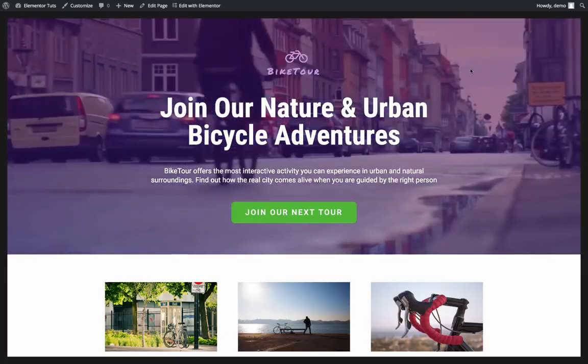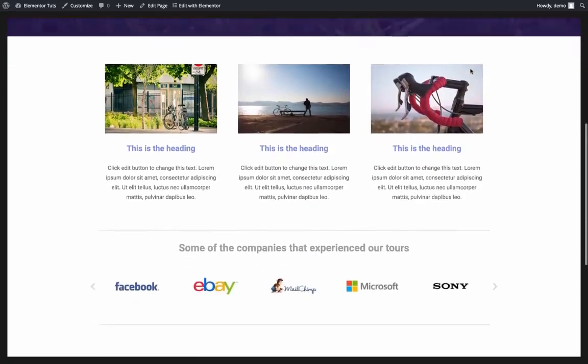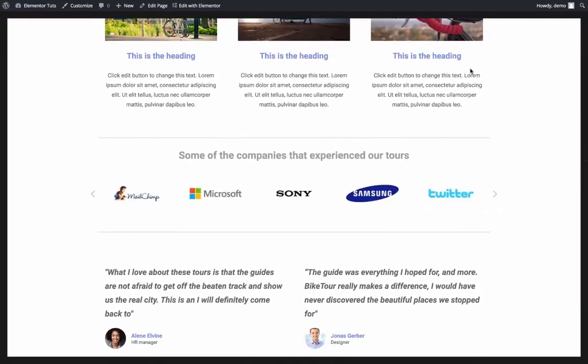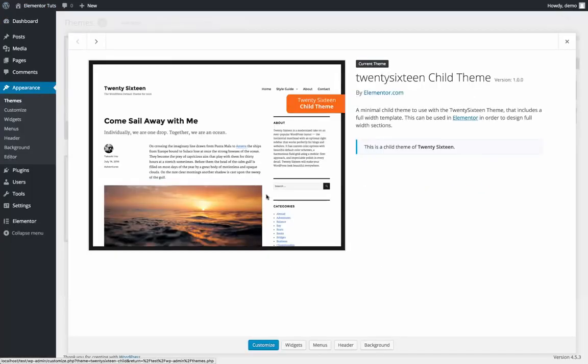Today I'll show you how I created this beautiful landing page with Elementor in under 10 minutes. Okay, I'm going to the WordPress dashboard. In this tutorial I'm using the default 2016 theme from WordPress with the free child theme that I link to